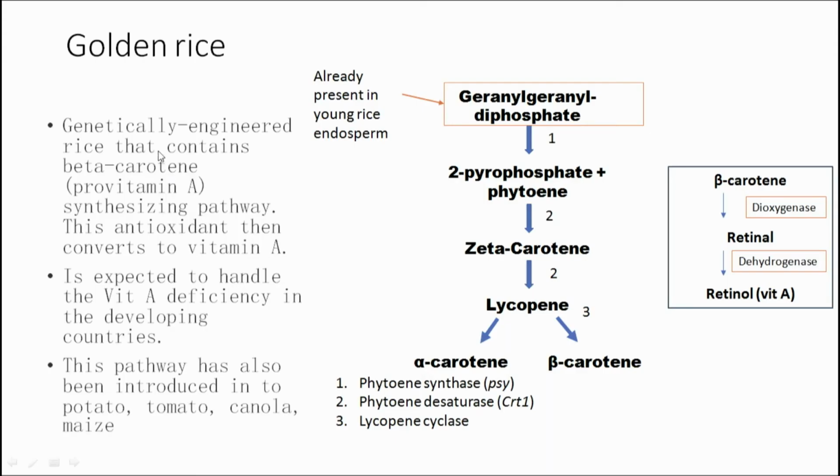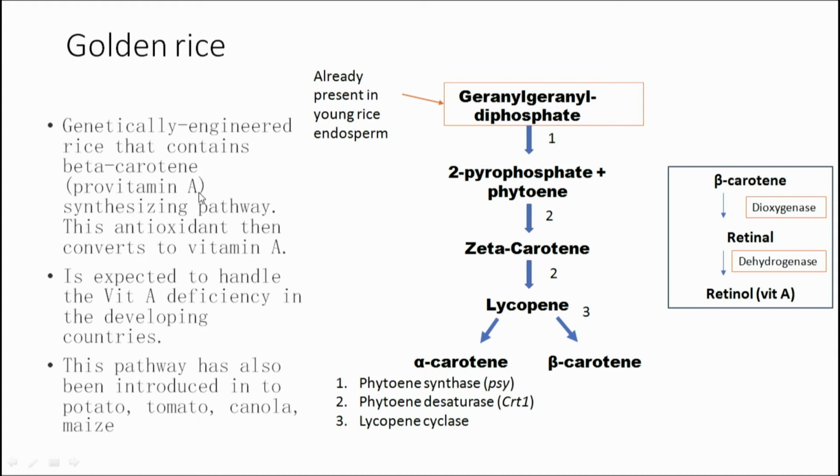Now in this box I have tried to explain what we mean by golden rice. The reason it is called golden rice is because provitamin A, not the vitamin A but the provitamin A, which is called beta carotene, is yellow in color. So if you have a rice grain which is capable of making beta carotene, then it will be yellow in color, and the term that was coined was golden rice. Golden and yellow could be used synonymously. So what is golden rice? These are genetically engineered rice crops which have the ability to make beta carotene, which is actually provitamin A.